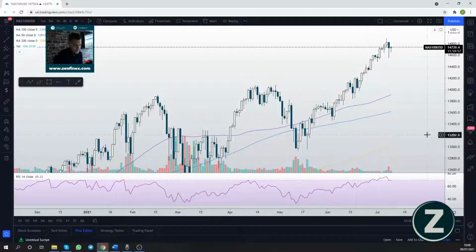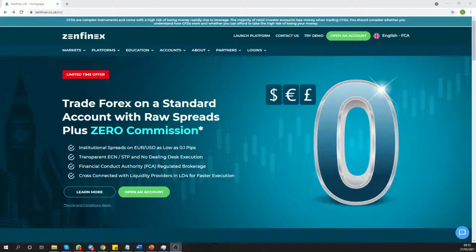I think this changes. Already we can see this big volume in this daily candle on the 8th of July, so on yesterday. And I think that if we get our US yields that are going to start forming a base, this is going to be maybe a sign of stress. Have a look at the RSI indicator as well. We were in overbought territory. Can we start to now tick to the downside? I really do think we can. I think we're going to make a move towards this 50-day moving average.